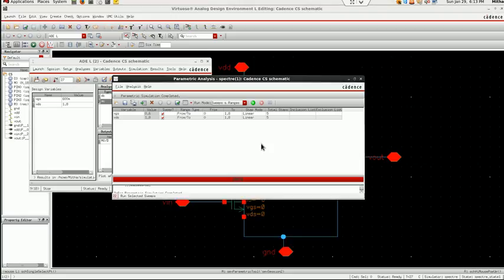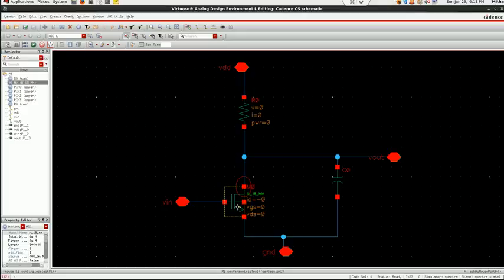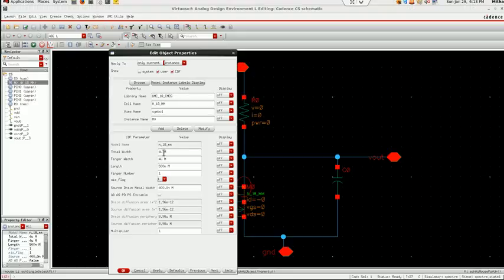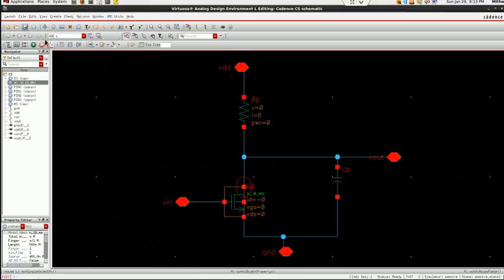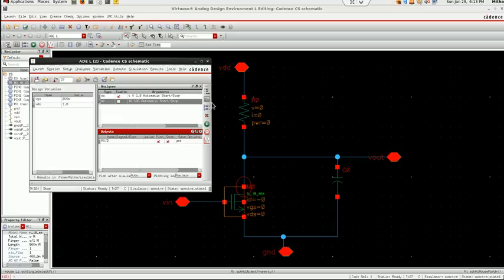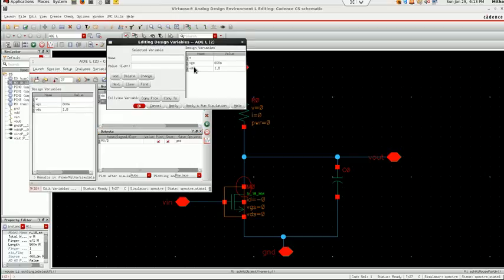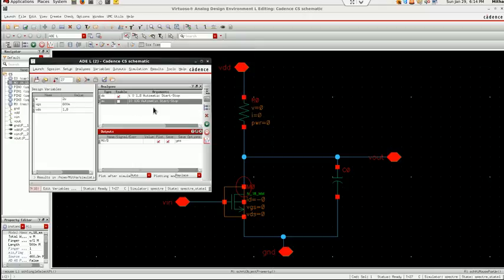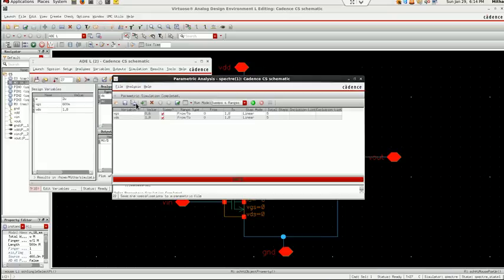I can also add one more variable here. I'll take the width as a variable. I'll check and save, and copy it from this one. Let's give it 2 micro. I want to vary it in parametric analysis, W, from 1 micro to 10 micro, right?